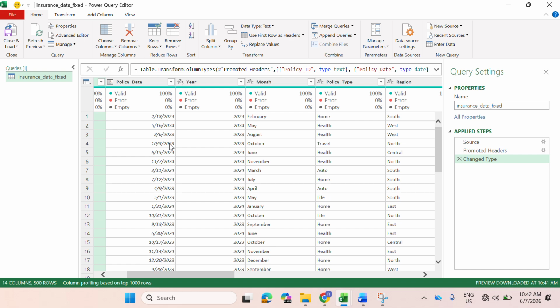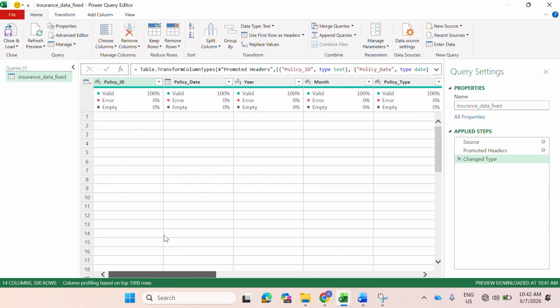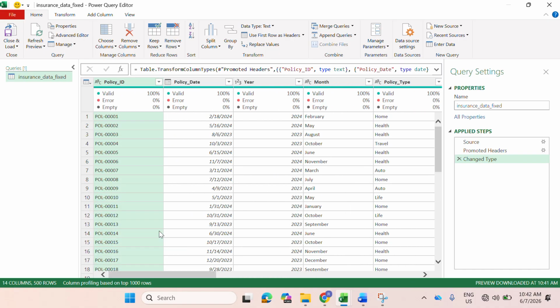So the first thing I normally do in Power Query is check the data quality. Of course, in this section here, you can see that it's saying I have 100% valid, no error, no empty for all the columns that are available. But this information you are seeing here is just based on 1,000 records. So if you want to ensure that you have the quality information for all your data, what you just need to do, guys, is click here, change it to column profiling based on